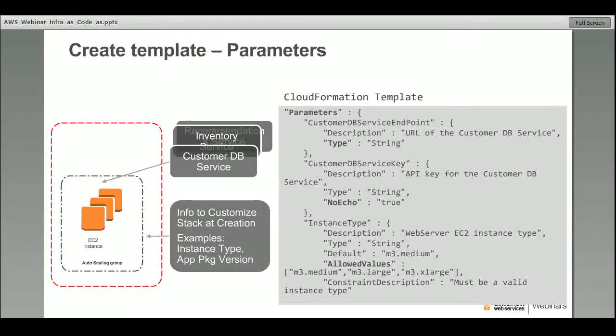And when it comes to parameters, we have several things that make it more effective and simpler to use these parameters. So for example, if you're passing in passwords, you can specify no echo. So that password won't be visible anywhere once you specify it. You can restrict the set of valid values for a parameter by using things like the allowed values list. And you can also use AWS specific parameter types.